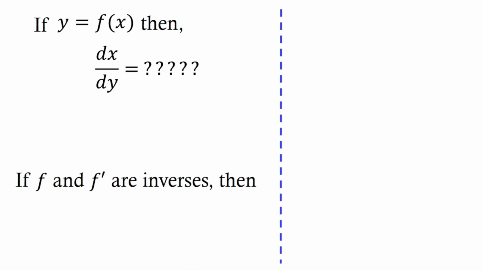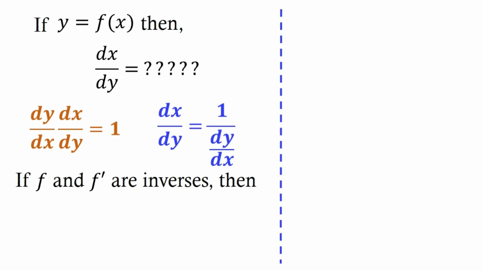You know, I can also say that, in other words, if my f of x and f prime of x are inverses of one another, what I mean by that is f is the inverse of f prime and f prime is an inverse of f. Then we can actually say that,